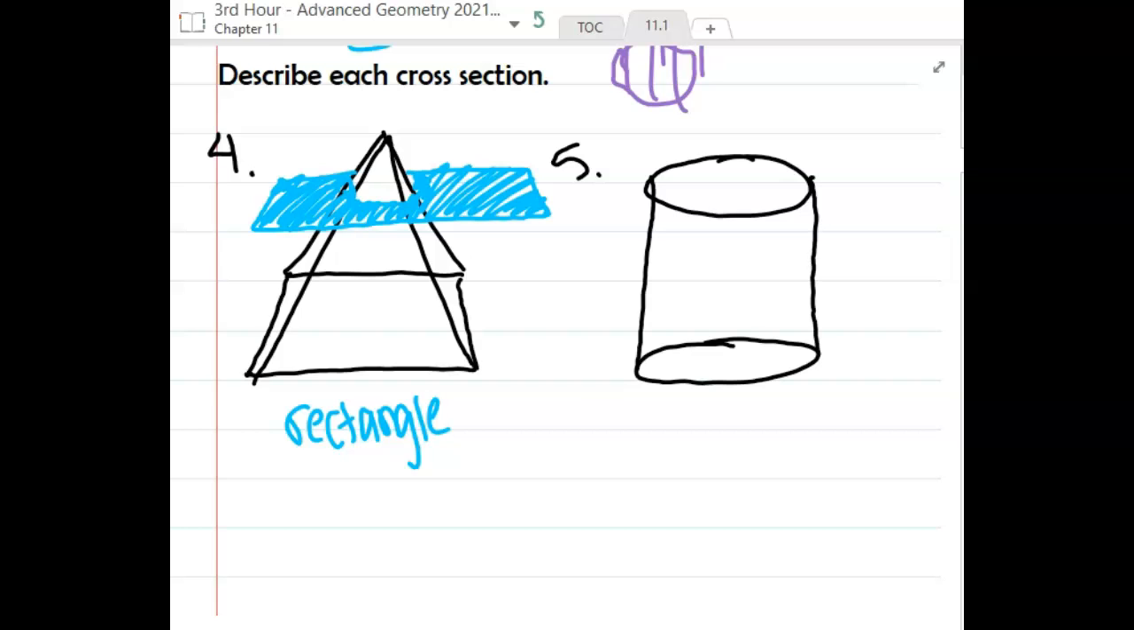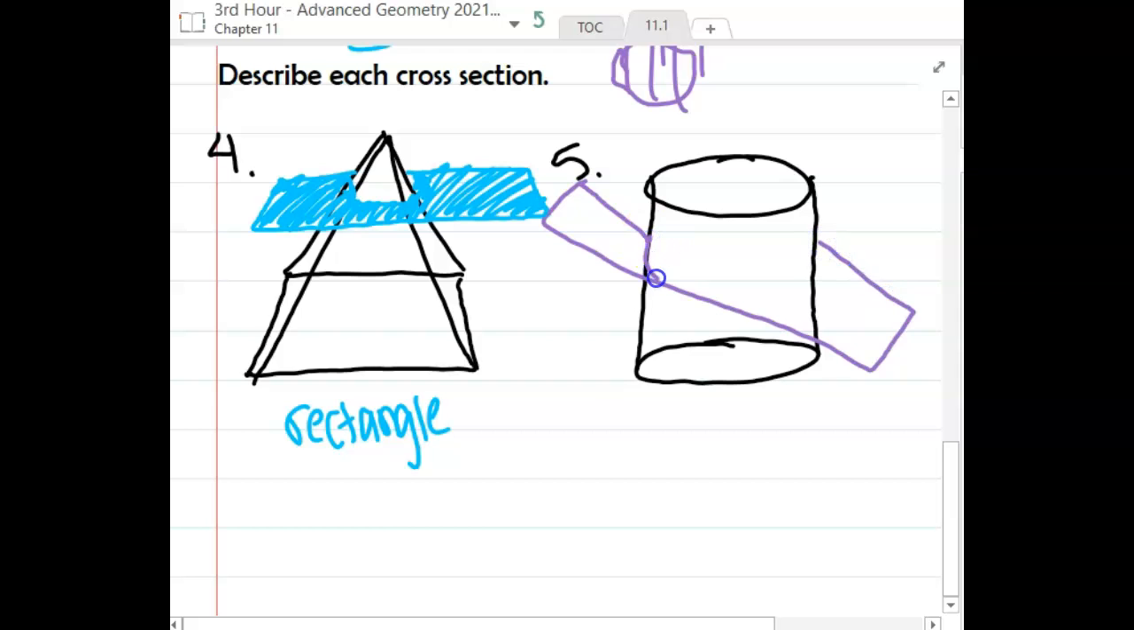A circle. But, and like I said, we kind of already talked about this, if I were to cut this instead at an angle, okay, like,